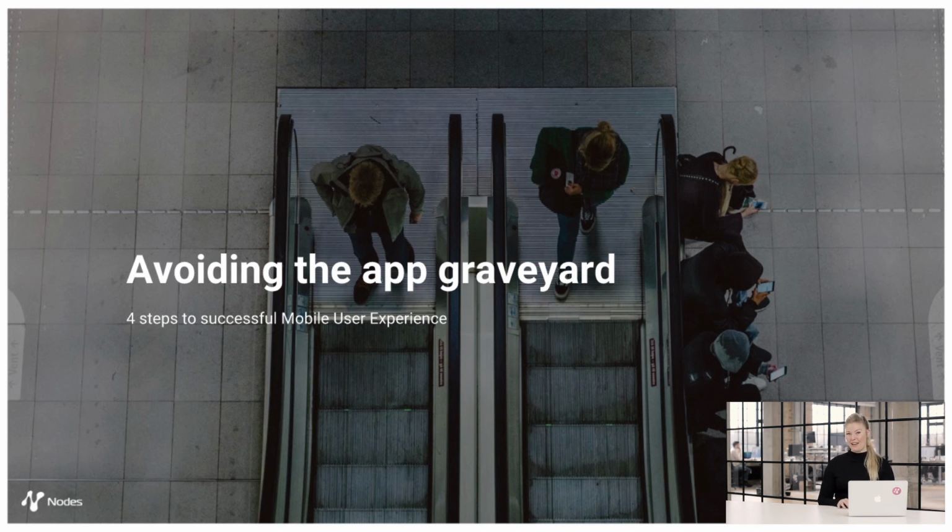So based on all the knowledge we have here in Notes, this presentation today is supposed to give you very specific tools on how to create great apps and avoid the app graveyard. And I have prepared two things that we're going to go through. One is the user journey or the customer journey and how to make it trigger the users in order to open your app. And second is how to create great content that will keep your users or your customers in your app. And in total, I have 4 recommendations, but we will come to that in the presentation.